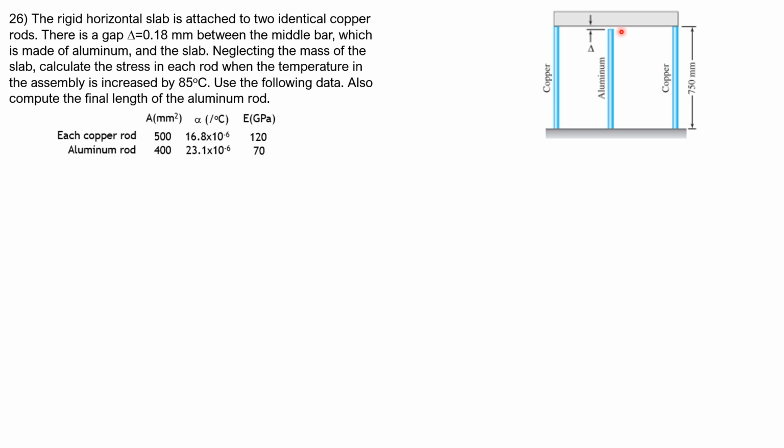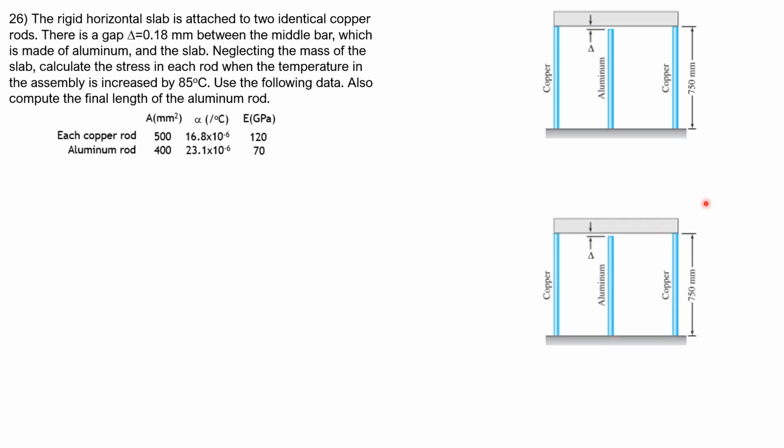So there is the gap here, and that is 0.18. Let's draw the free body diagram and the deflected shape for the compatibility equation. Because the temperature is increased, these rods will elongate as shown. So let us say this is the final drawing or final position of this rigid platform, and this is the deflection of the